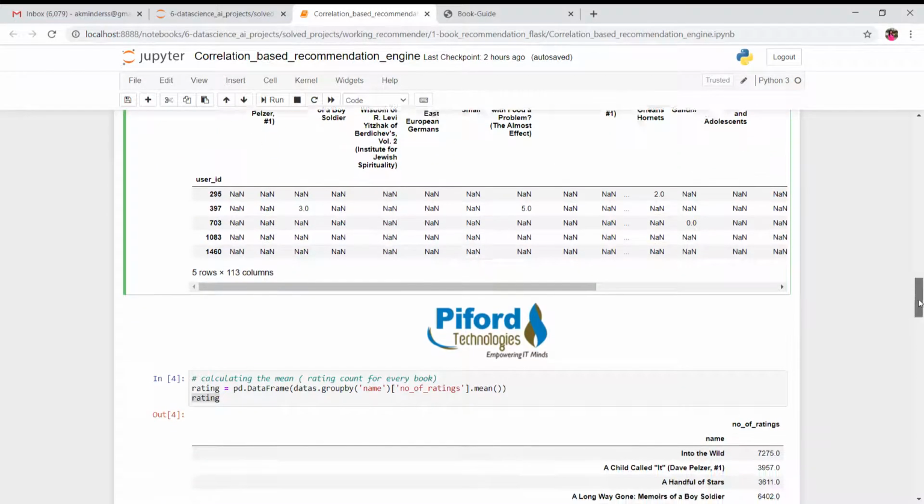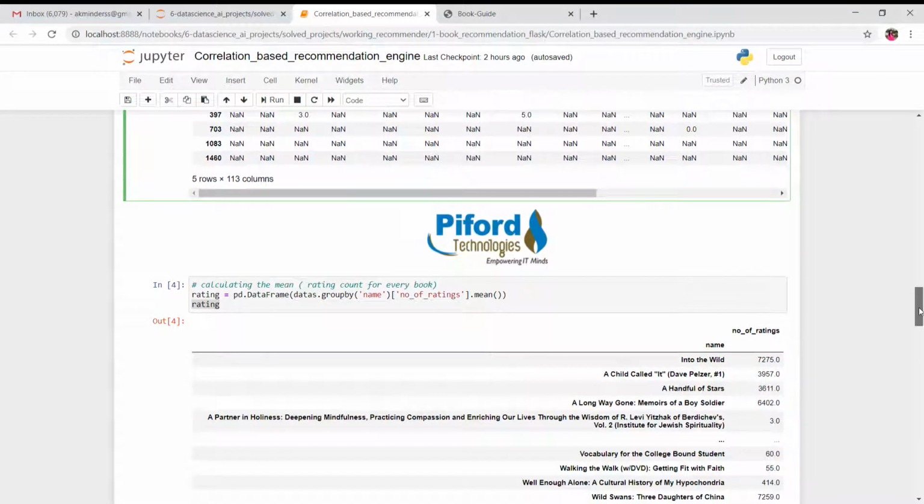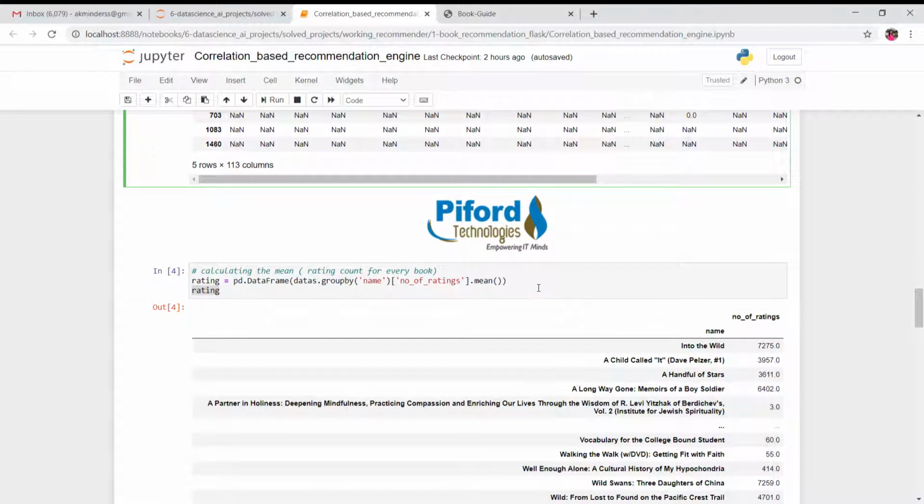Now the next step is, I want to know the number of ratings book wise, right? What I want is to get the average rating for books. So that's why I'm grouping it. Data is a variable name in which we have a data set.